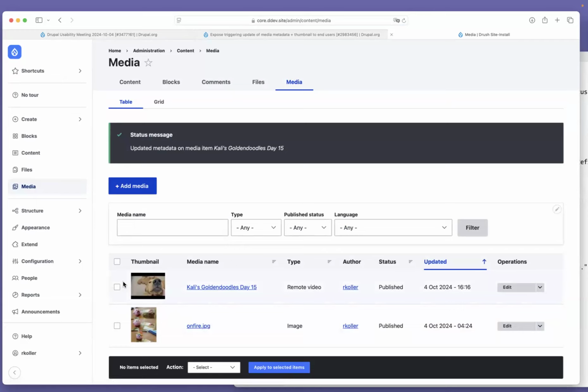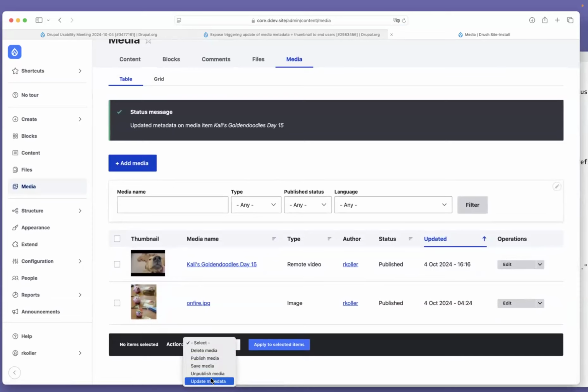I see. And there's also the option for a bulk operation as well. Yeah, but what we decided last week is that the bulk operation should not be done as part of this issue because it's too complicated to decide what to do when things go wrong in the bulk operations.